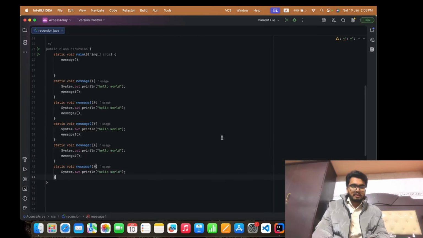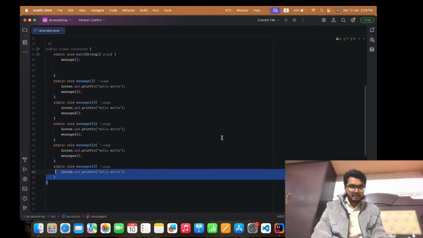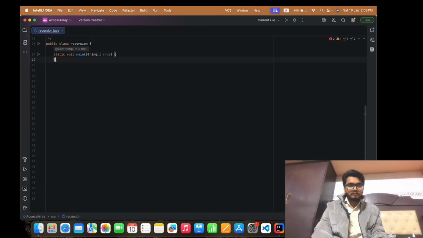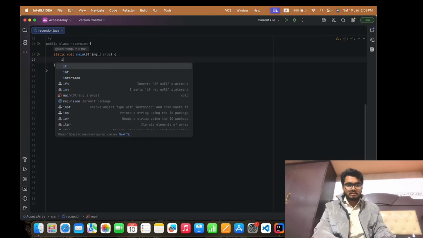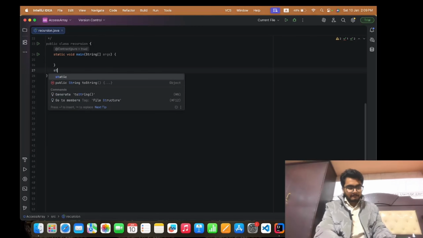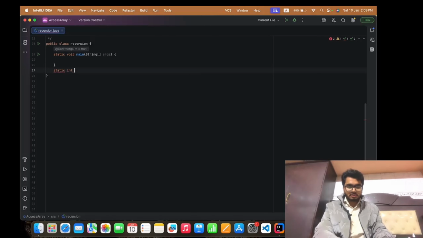Now if we delete all this and consider our factorial problem, here firstly we have to create a function outside of the main method, static int factorial.